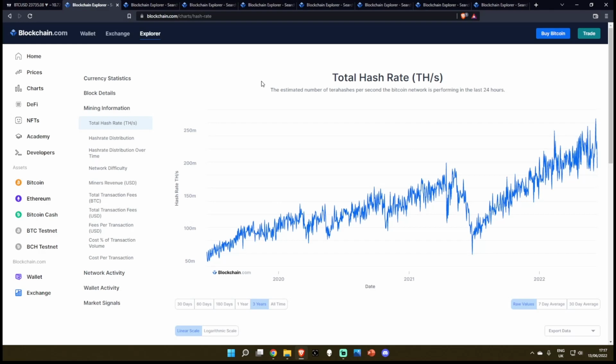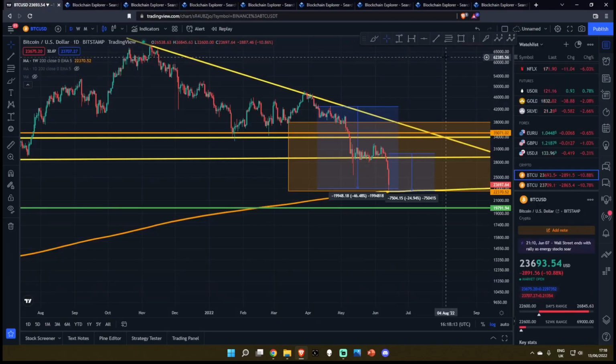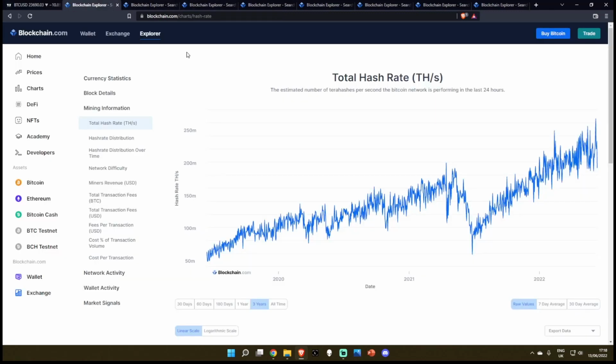So if we look at the hash rate, we're having a massive bullish divergence from the Bitcoin price, because as price goes down, the hash rate goes up. Why do we care about the Bitcoin hash rate? Well, the hash rate is a much better indicator at judging the value of the Bitcoin network. Now, the Bitcoin price is simply a function of its supply and demand. However, when we look at the total hash rate, this is a perfect indicator to judge the value of the